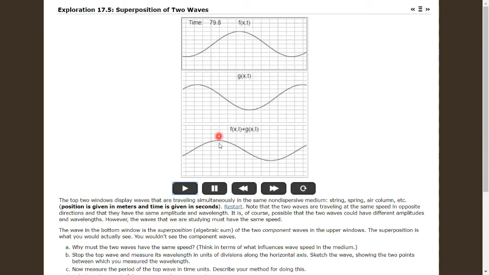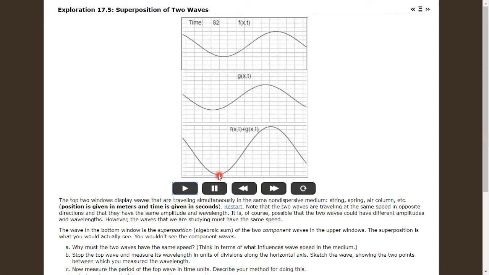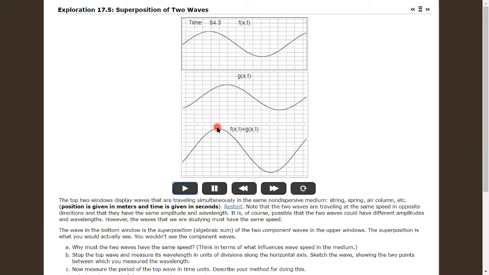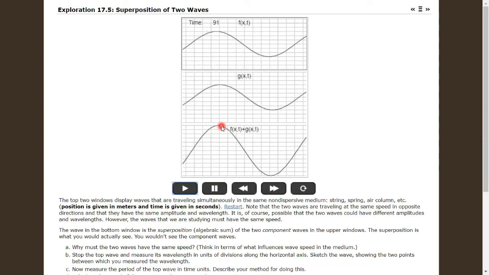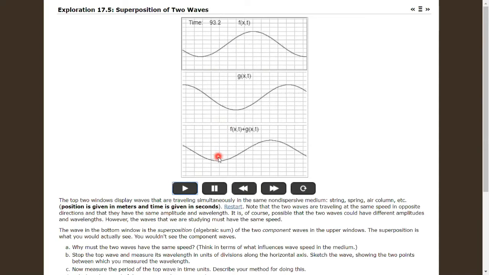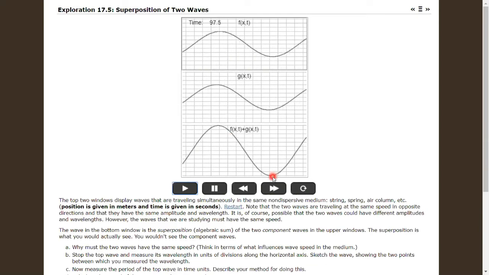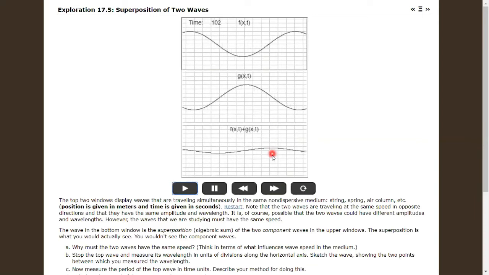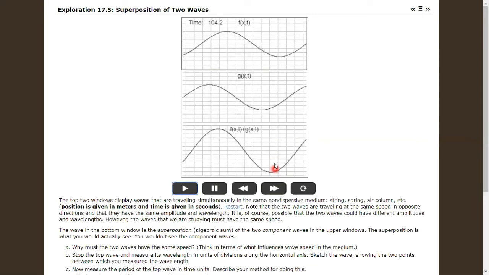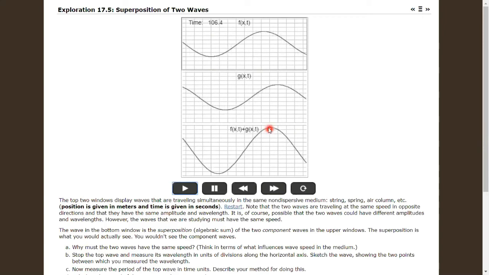Now look at this point. This point is traveling a maximum distance in the upward direction as well as in the downward direction. So this point is called an antinode. The point of the medium which has maximum displacement is called an antinode. Similarly, there is another antinode we are getting here. This point is also covering the maximum displacement. So this is also a stationary wave. This is the example of a transverse stationary wave.